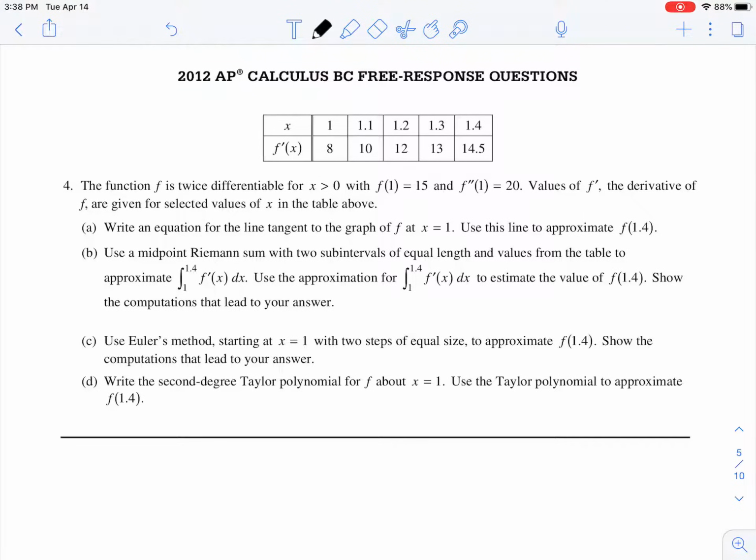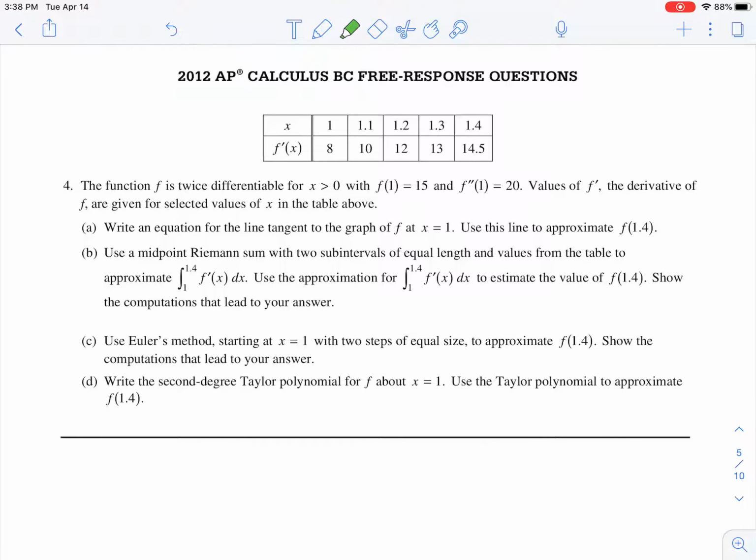So if you've read the problem, you'll notice that we're given a table and we're given values of x, and we're given the values of f prime of x at those specific x values. And if you read through these specific parts, there are actually 4 different things, but they're all asking you to